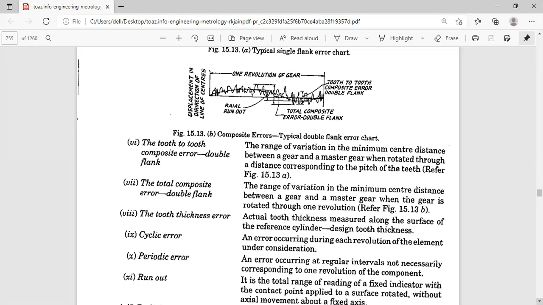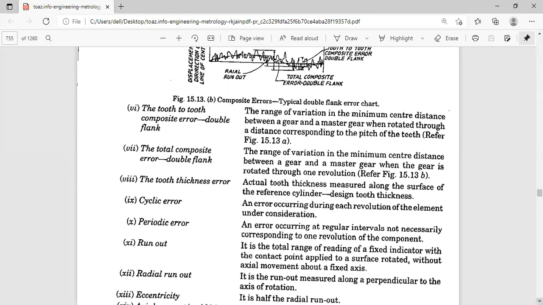The erratic error is not of a regular form. Periodic error will repeat itself at regular intervals, but not necessarily corresponding to one revolution. It may not be one revolution. So that is the thing.